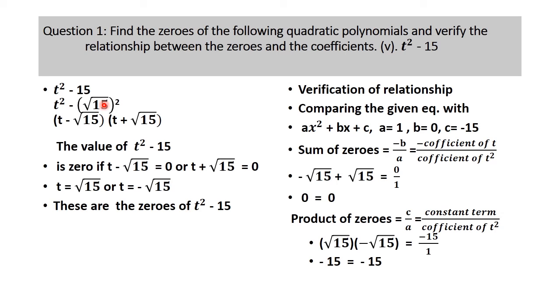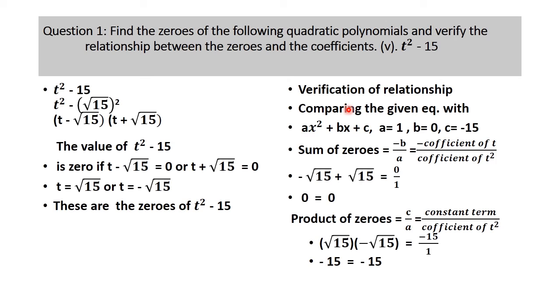A square minus b square is a plus b into a minus b. So t minus under root 15, t plus under root 15. So the value of t square minus 15 is 0 if the first factor is 0, or the second factor is 0. These are the two factors of this quadratic polynomial. So the value of t from the first factor is positive under root 15, from the second minus under root 15. So these are the zeros of the given